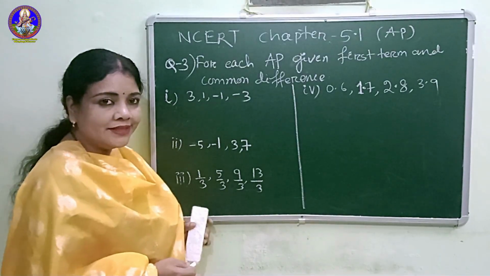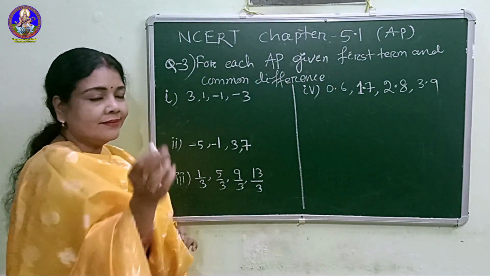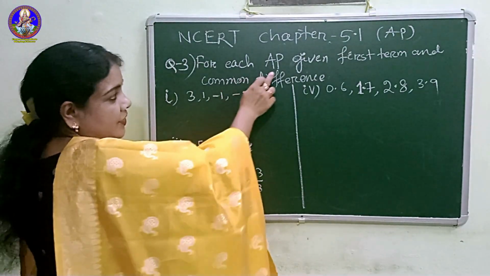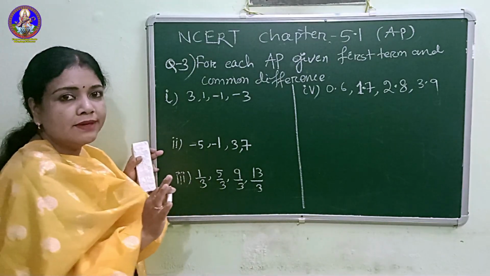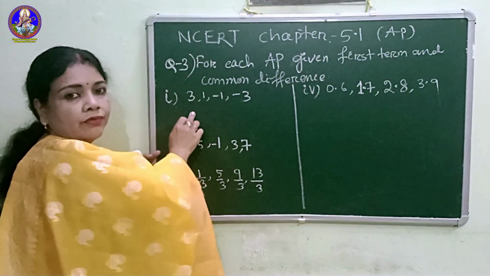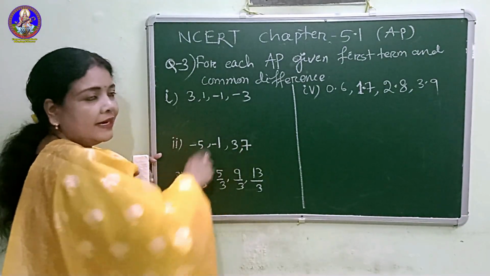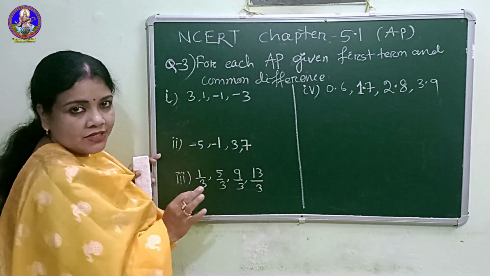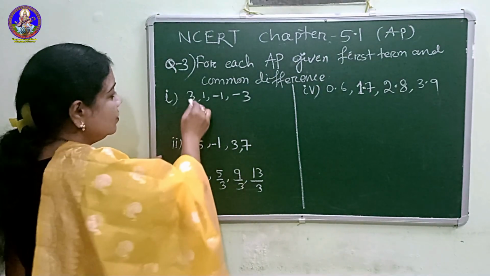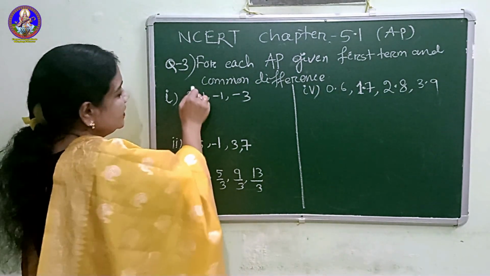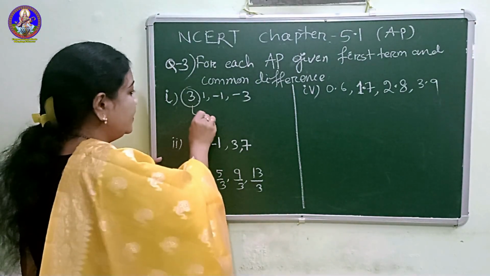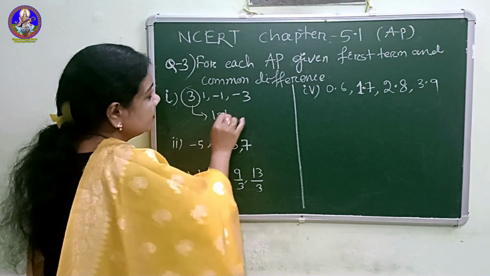Now, let us solve question number 3 from your chapter 5.1 on AP. For each AP, the first term and common difference are to be found. You have to find what the first number is and what the common difference between the terms is. So 3 is the first term,